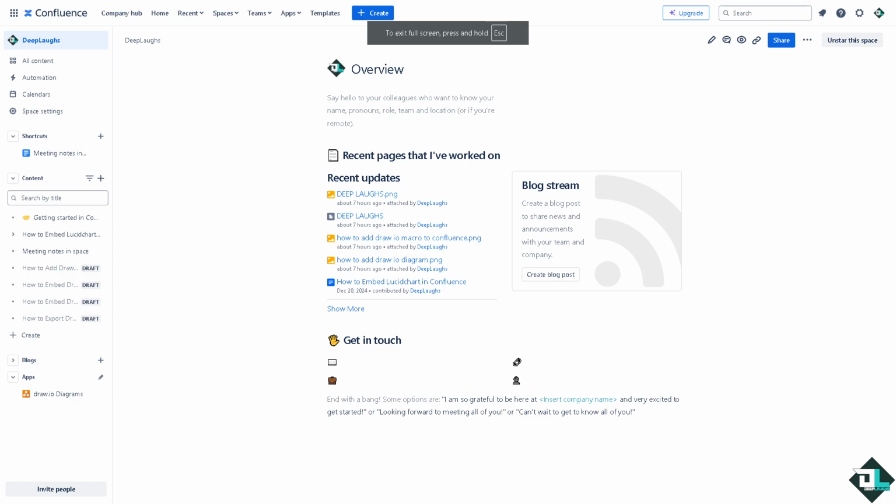Now, we have a separate video on how to create a macro from Droyo going to Confluence. I really suggest you watch that because I'm not going to teach you how to do it here, because that is one of the key essentials for you to be able to edit a diagram from Droyo here in Confluence. All right, so if you watch that video and finish that, then after that,